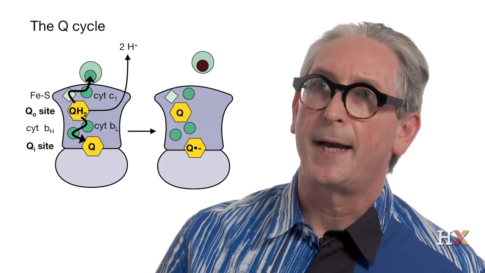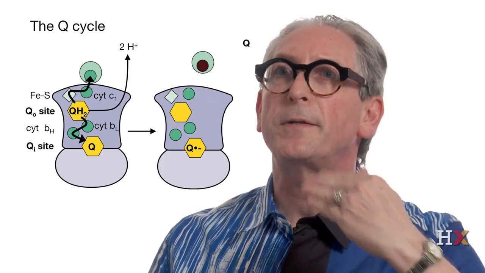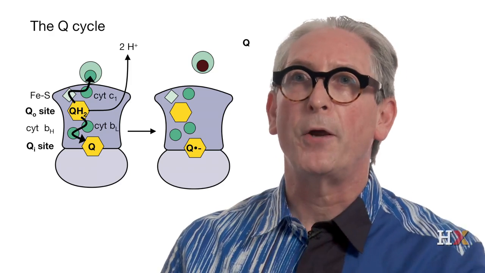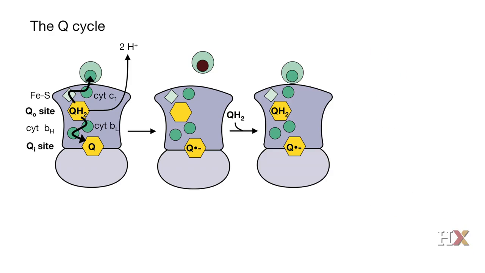The fully oxidized coenzyme Q dissociates from Qo, and is replaced by a fully reduced molecule of coenzyme Q, QH2. And then a new molecule of oxidized cytochrome C binds to cytochrome C1. So now that a new molecule of QH2 is bound to Qo,